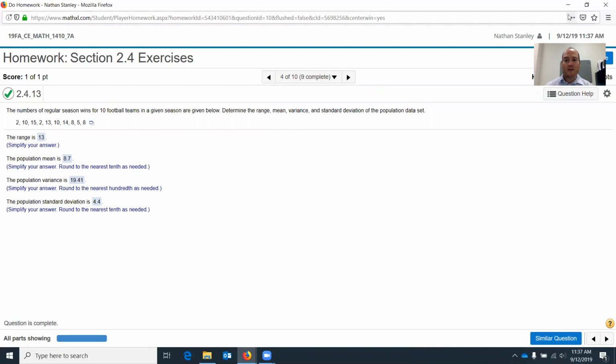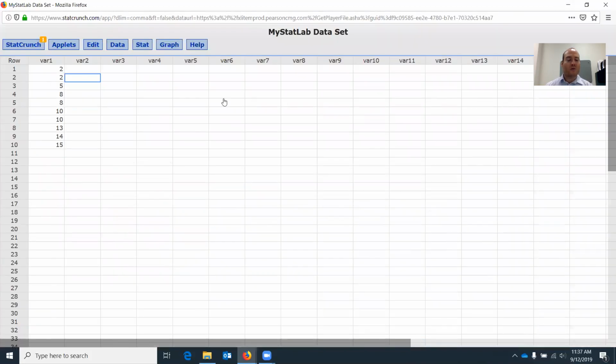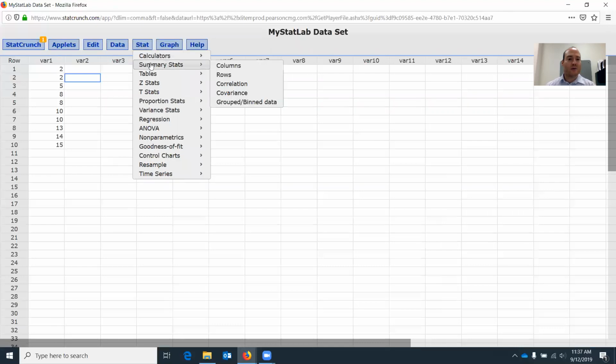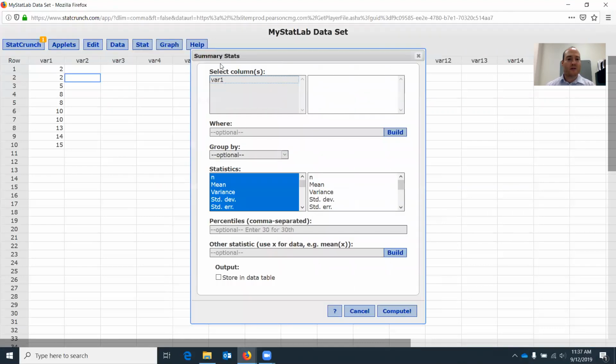Okay, so keep that in mind. So what that means is when we use StatCrunch, we're going to have to calculate the population variance and standard deviation. So again, if we're going to do that, let's go ahead and go to the stat menu in StatCrunch, click on summary stats, go to columns, or select from variable 1, and then down below we're going to do,